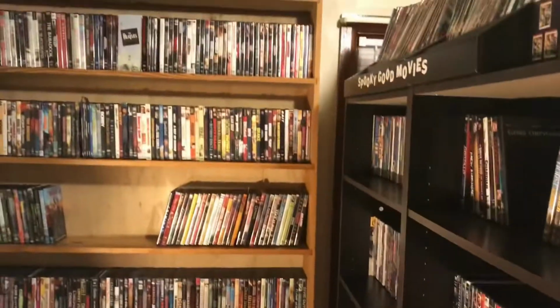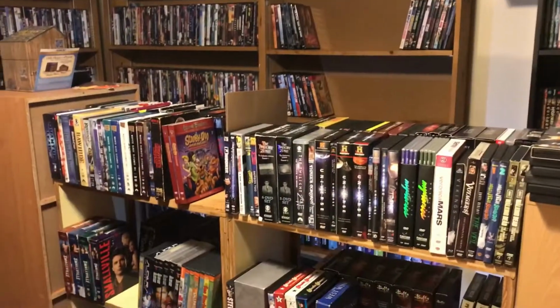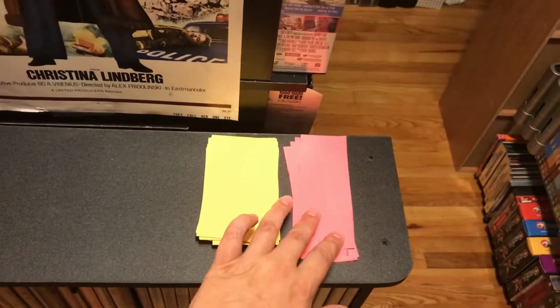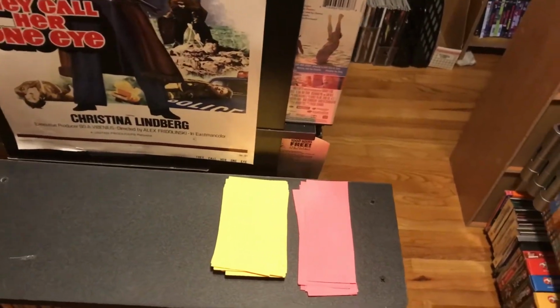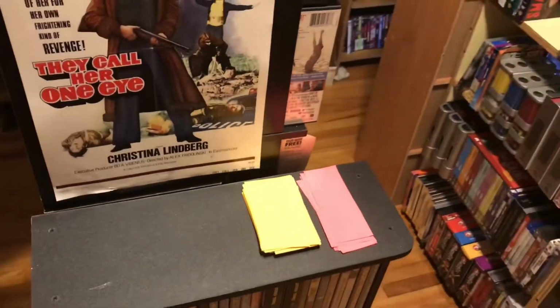I've done the same thing here with DVDs. My system now is, if I've watched the entire disc, special features and everything, I put one of these inside the case. And if I've just watched the movie or some of the special features, I write down what they are, put that in the case. Just so I can keep track of what I've seen. But anyway, in here, so we start with